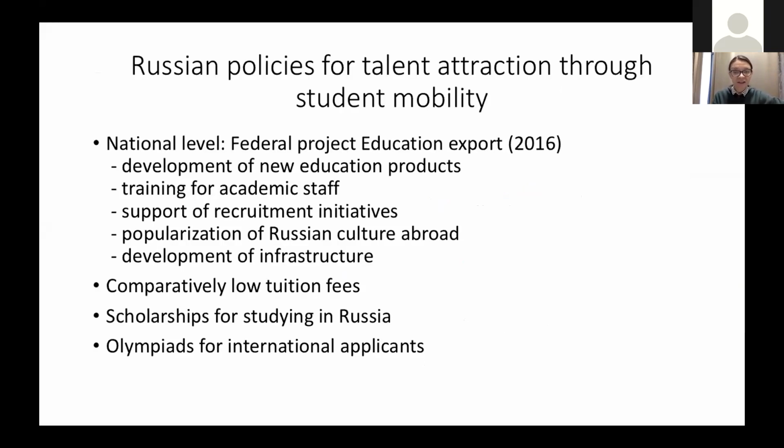Russian policies for talent attraction through student mobility include various mechanisms at various levels. First of all, the positive dynamic of student recruitment is explained by the launch of the federal project Education Export. It was launched in 2016, and it included several important parts, such as development of new education products at different education levels, training for academic staff, support of recruitment initiatives, and marketing and promotion of Russian education abroad, popularization of Russian culture abroad through